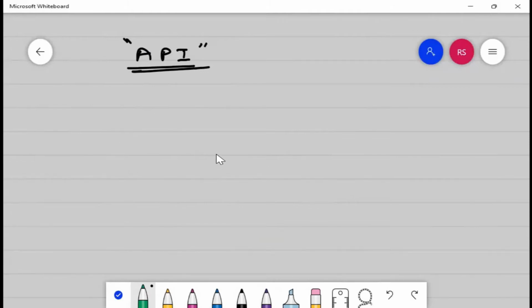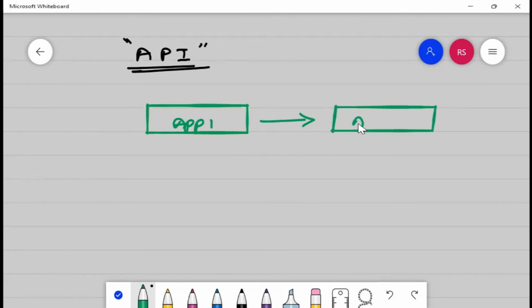Sandeep, if you are speaking something, I am not able to hear. When one application is talking with a second application, that is your API.